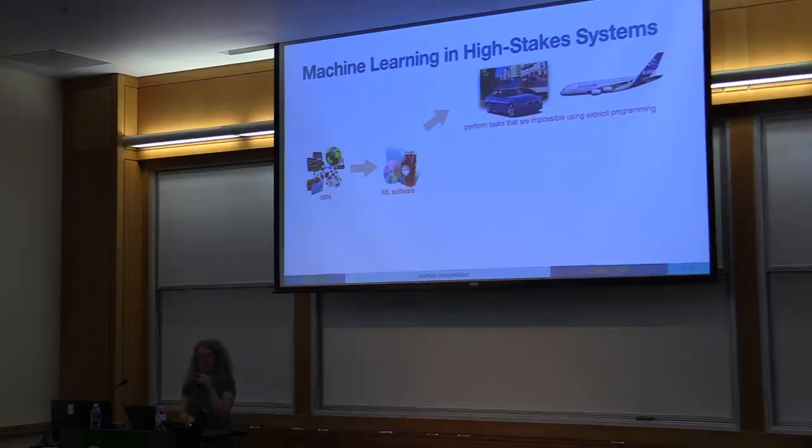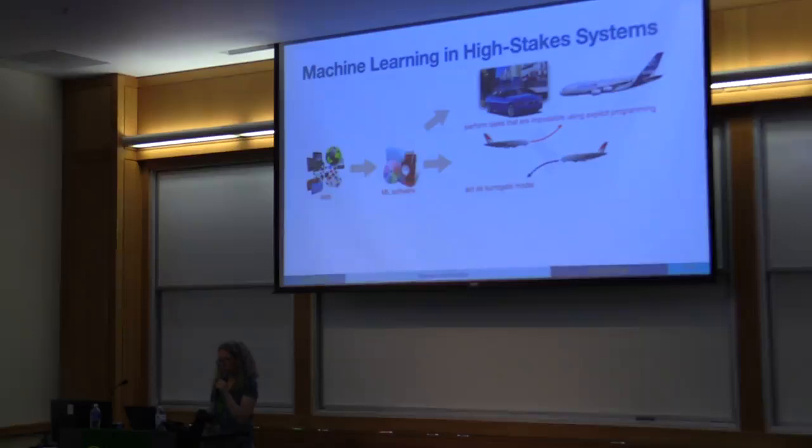First of all, with machine learning software now we can do things that we couldn't do before with explicit programming. You can imagine, you don't have to imagine, they're actually looking into this. Self-driving cars were the first thing, but in the avionics sector they're looking at image-based operations, like image-based taxiing, takeoff, landing, all powered by machine learning. Not unsupervised, but still. They are very useful because they allow